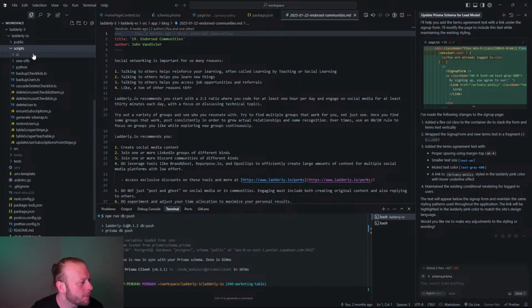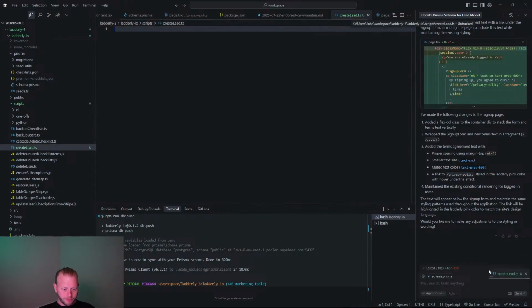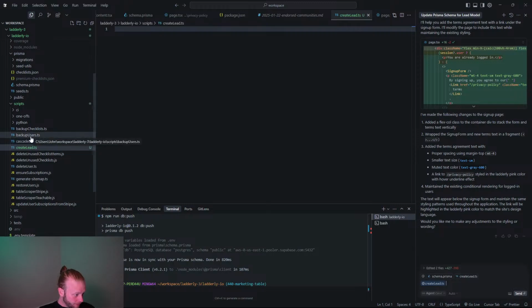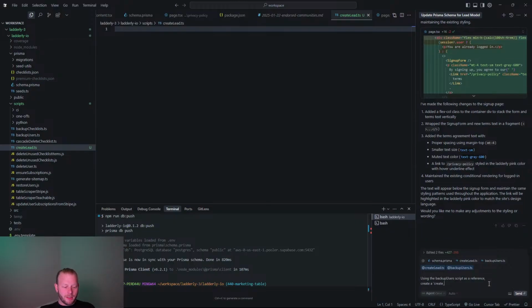We'll make a script which is create lead. So I'll tell Cursor, using the backup users script as a reference, create lead script, which